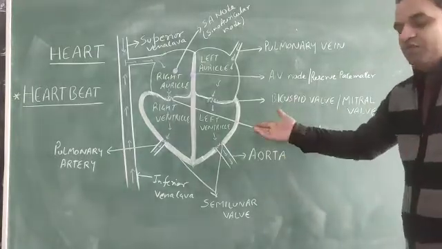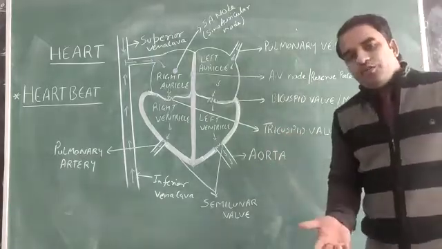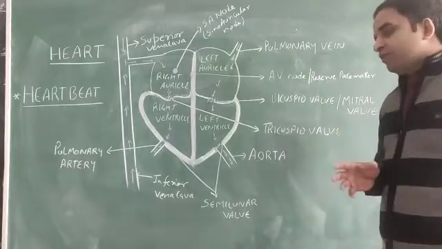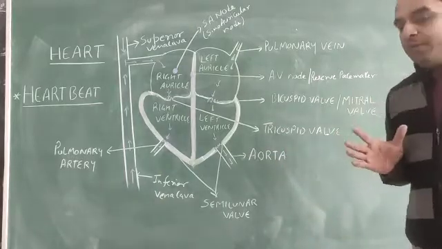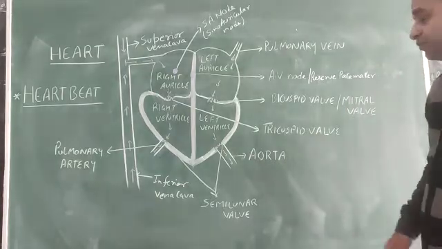This aorta further divides into arteries. Arteries further divide into arterioles, and arterioles then divide into capillaries, which carry the blood to the tissue level. This thing we have discussed already in our previous sections also. So here